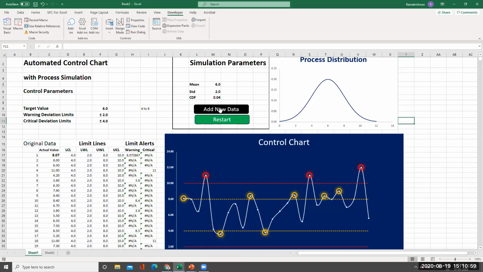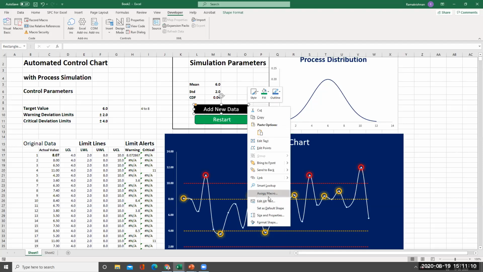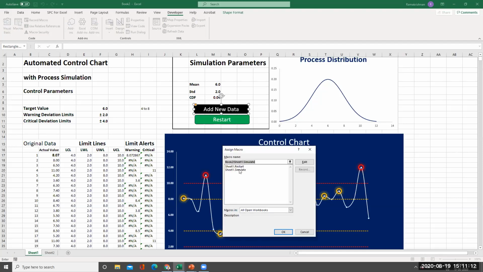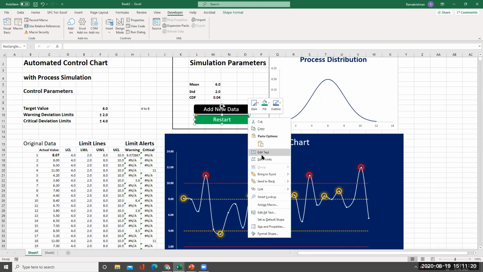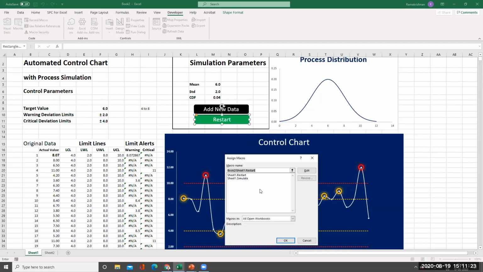We have assigned this for simulate, and then we have assigned this for restart. If you see the assign macro, we have assigned Sheet1 simulate here. Similarly, we have assigned restart here.